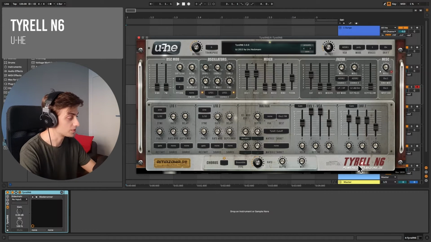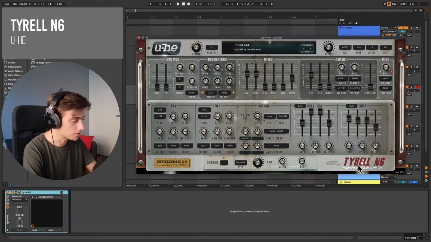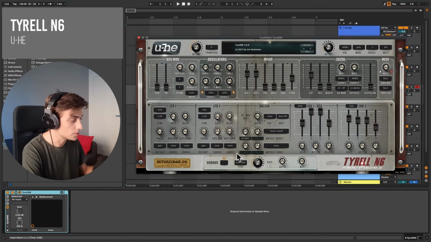The first one is called Tyrell N6 from u-he. It's a virtual analog synth based on the classic Roland Juno 60. It's very simple and extremely good sounding. It's one of my favorites, to be honest. Like the Juno 60, it includes a great chorus section over here. It has up to 8 voices of polyphony, which can also play in unison,